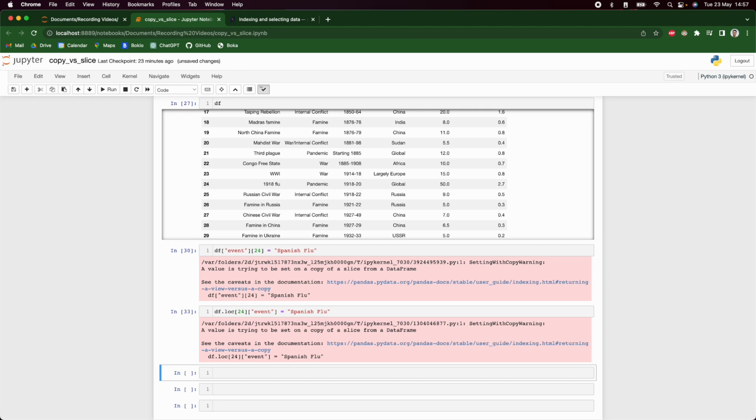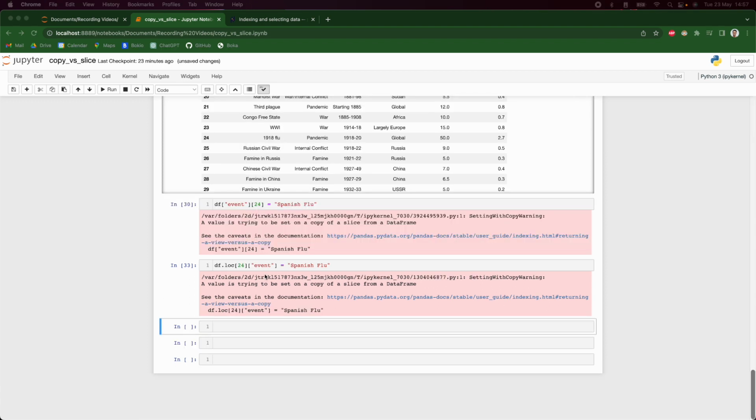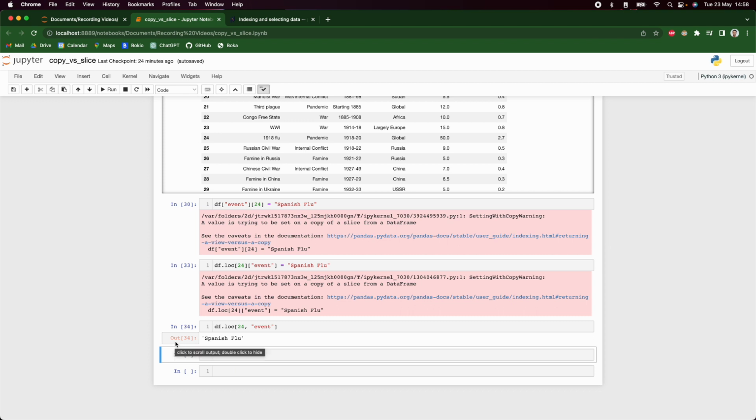How do we do this the correct way? How do we avoid chained indexing? Well, we're going to use the loc method, and we're going to index this value in the same notation. So we're going to say loc, and then first we're going to get the row number, then we're going to select the column. We're not chaining methods on top of each other here. We're doing it all in one go, and that's the way to go. So I'm gonna rename this to Great Influenza